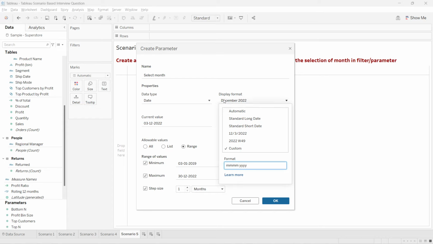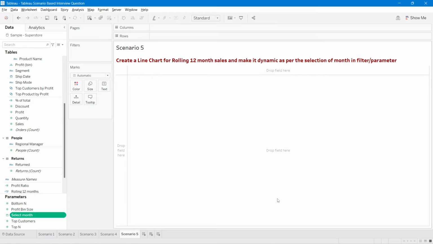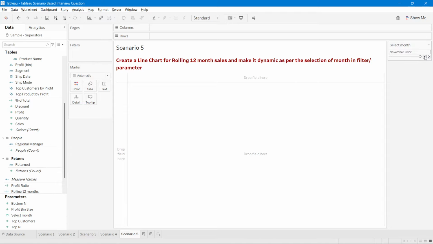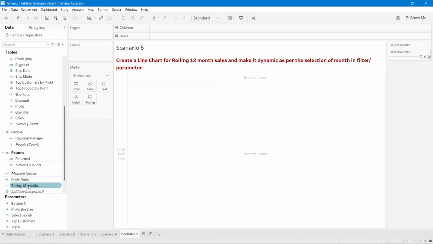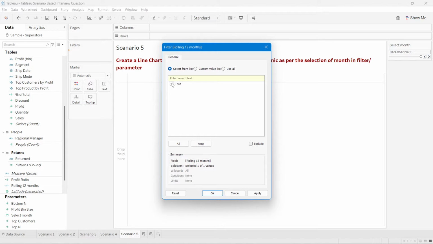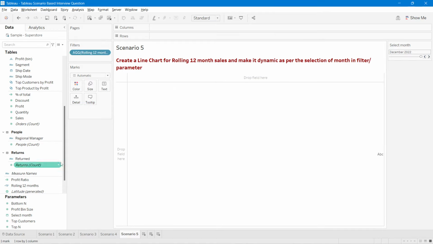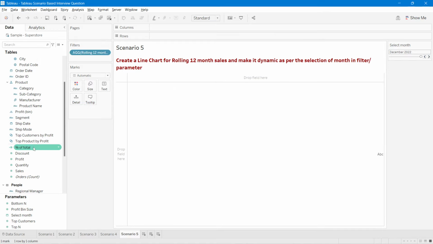Means what? Instead of displaying it in date, it should be displayed as December 2022, November 2022, likewise. So I will click on OK, click here, and click on show parameter, right? So this is the month which we'll be using here. I will click on December 2022, and I will put this here. I will click on true, apply, OK, and the same as before, I will bring that into